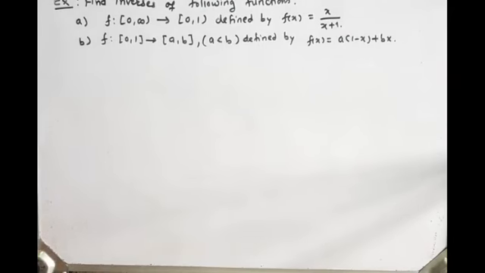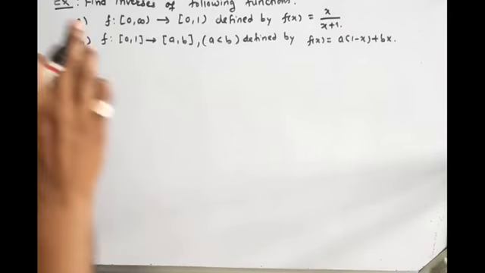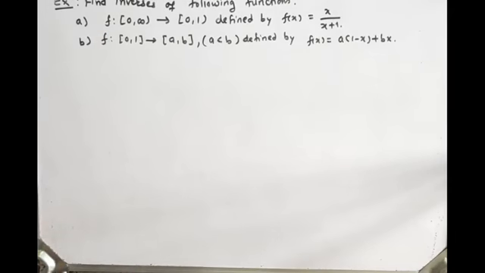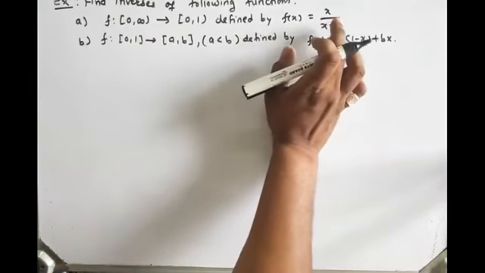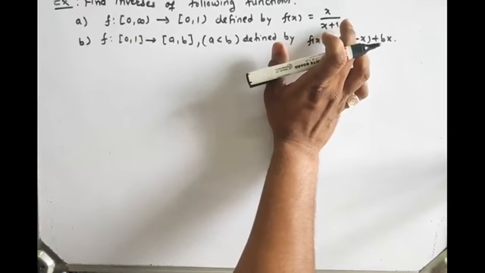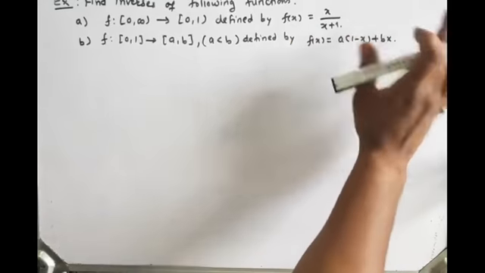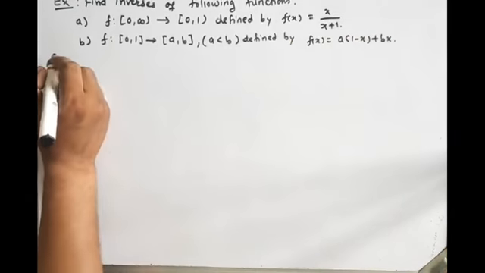Now what do we have to find here? Find the inverse of the function defined by the relation f from closed interval 0 to infinity to open 0 1, defined by f of x is equal to x upon x plus 1. Now, the inverse of a function exists if the function is both 1-1 and onto, meaning bijective. First we have to check whether the function f of x is equal to x upon x plus 1 is 1-1 and onto. Then we have to find the inverse. So, solution,